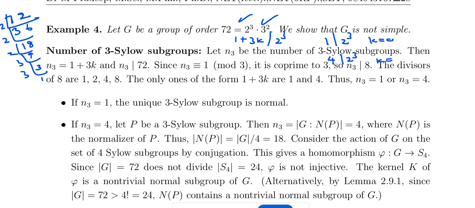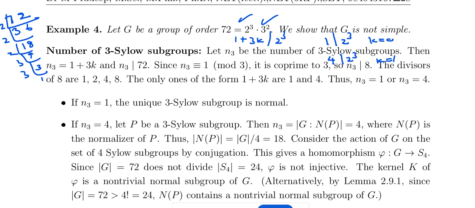For k equal to 2, 3 twos are 6, 6 plus 1 is 7, that does not work. So only 4 divides 8. For 3, 9 plus 1 is 10, that doesn't divide, and for 4, 4 threes are 12 plus 1 is 13, 13 also doesn't divide. So only k equal to 0 and